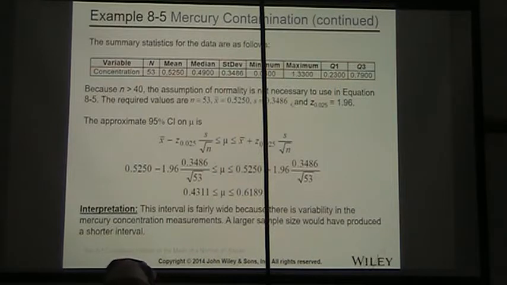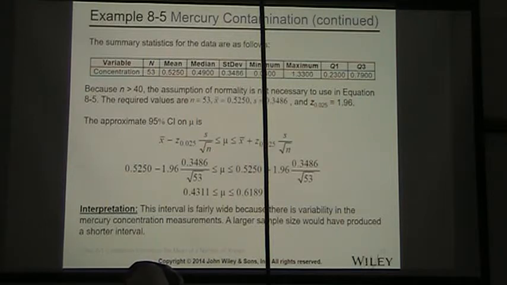Our third quartile is at 0.7900. Why is it not listing the second quartile? Because the second quartile is the same as the median. But I digress again. Now, because n is larger than 40,